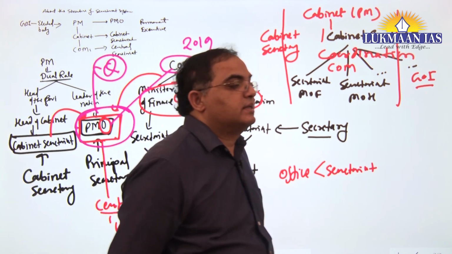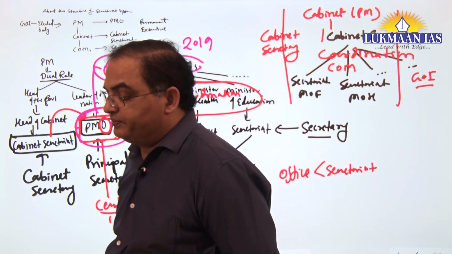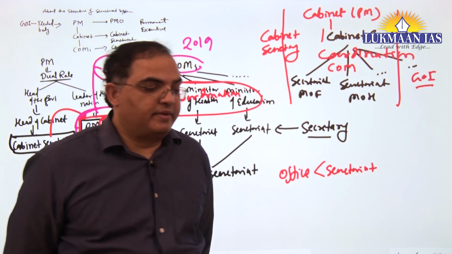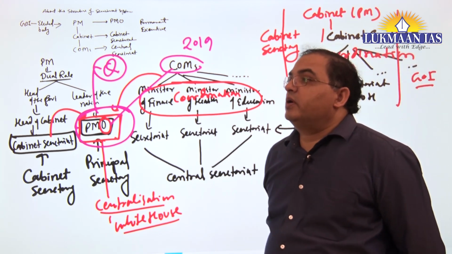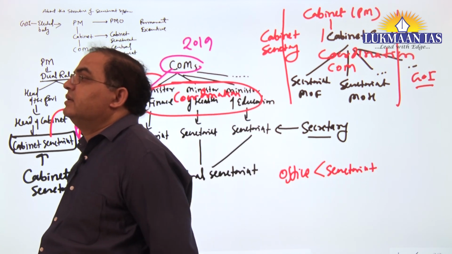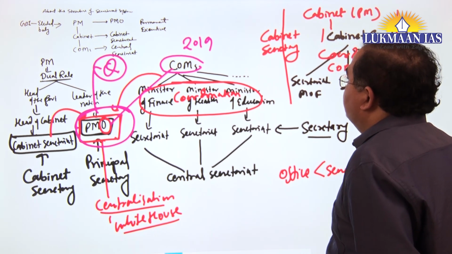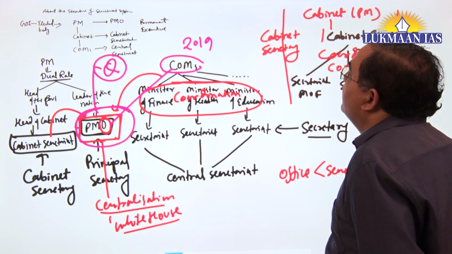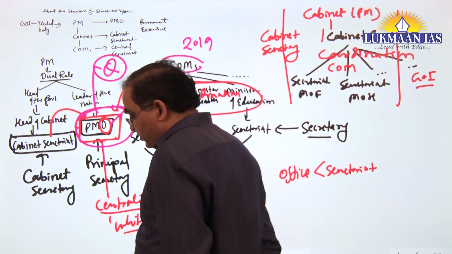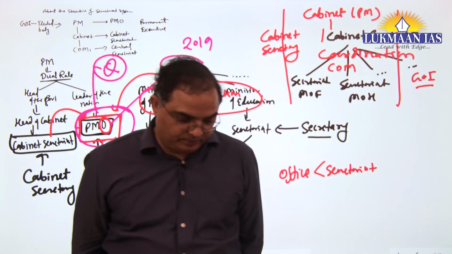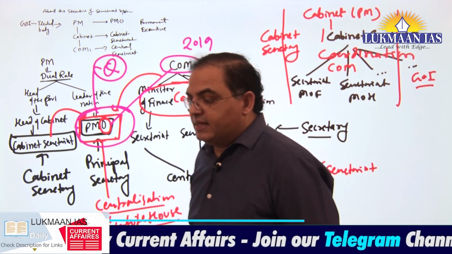Since elected representatives or government is considered a body of laymen, hence there exists a concept of permanent executive, especially secretariat system, to provide assistance by working as think tank.